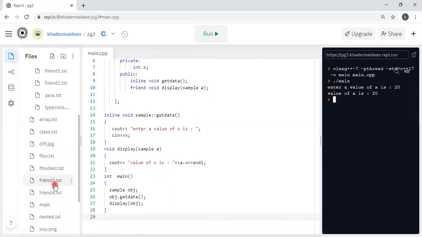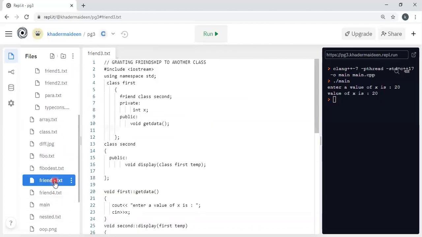The next one is granting friendship to another class. A class can have friendship with another class. For example, there are two classes, first and second.